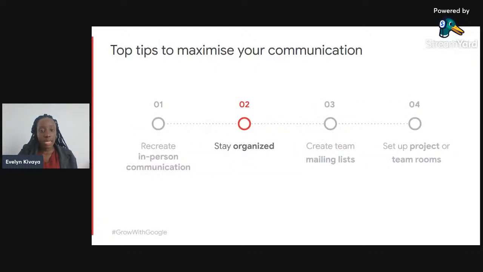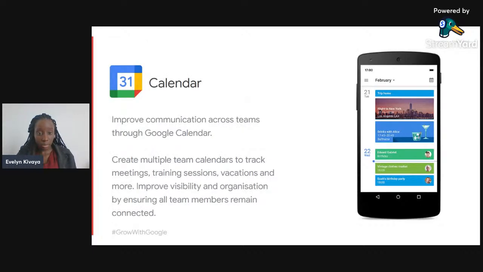Yeah. So the next step, as we've said, is to stay organized. How can you stay organized? The top tip of using Google Workspace to stay organized is by using Google Calendar. For example, if you're organizing a training or educating students online, you can use Google Calendar to share the link for them to join the learning session directly via it. And one thing about Google Calendar is that it's going to remind you that there is a meeting. It also improves communication across teams.